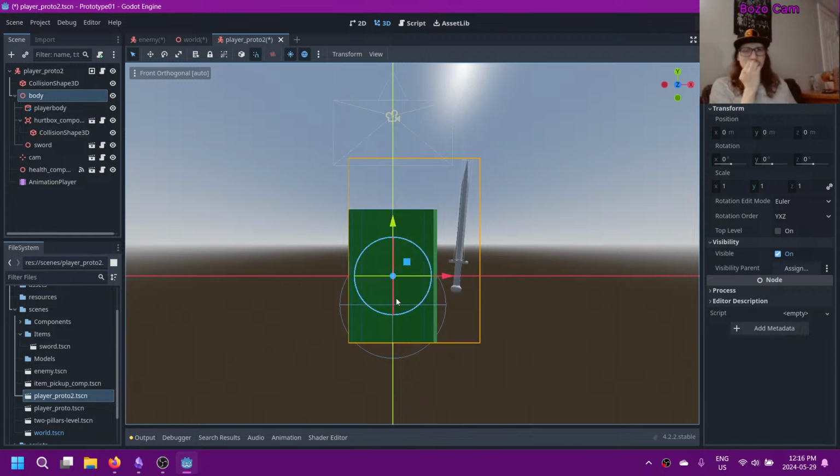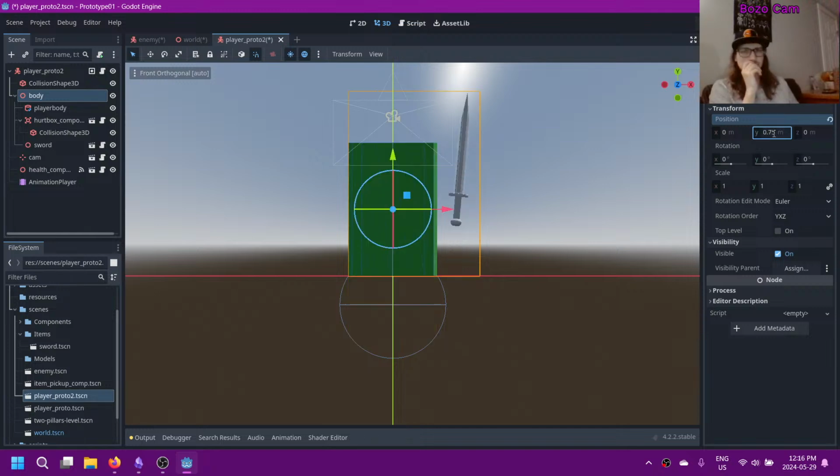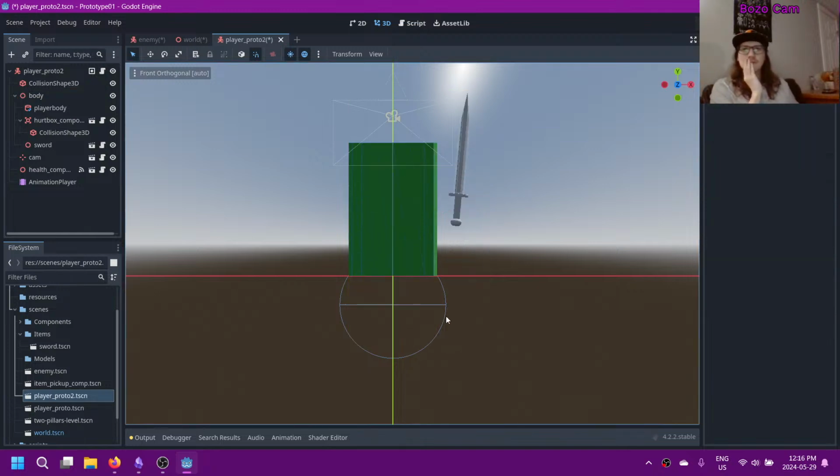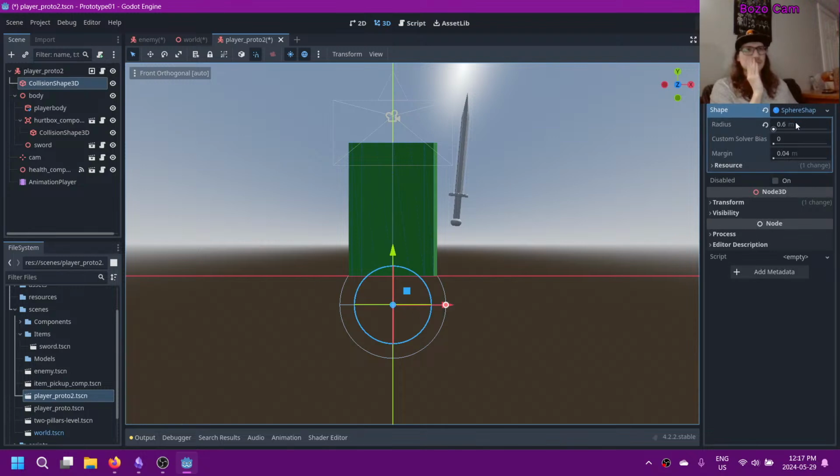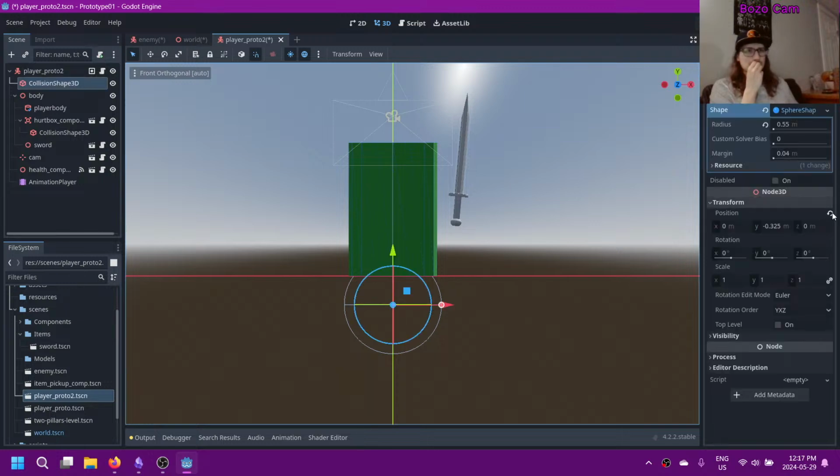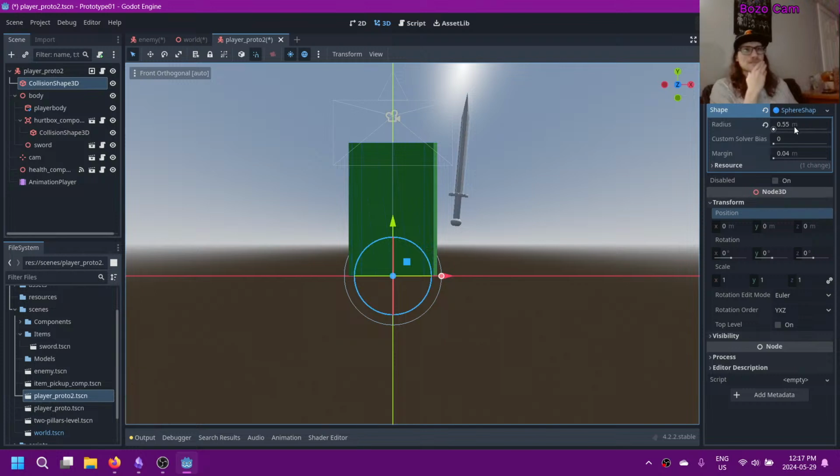All right. So if it's halfway, we want to go up 0.75. Beautiful. This guy is going to need to be better. So the radius was what? 0.5. So let's go 0.55. Just barely. Any transforms? Yes. Don't want transforms. This used to be half its radius. Okay, I'll just make that 0.5 then. So it's exactly